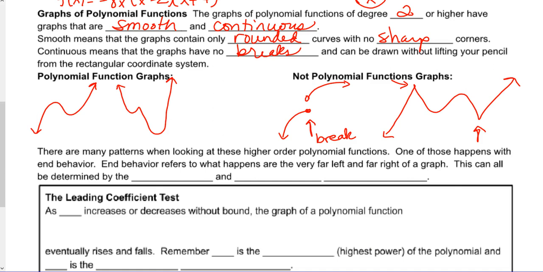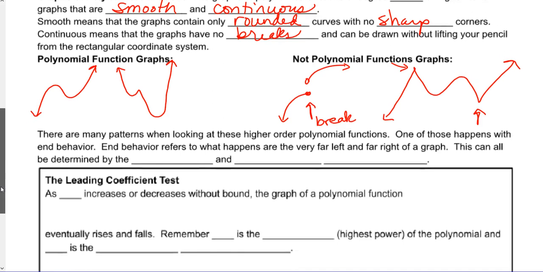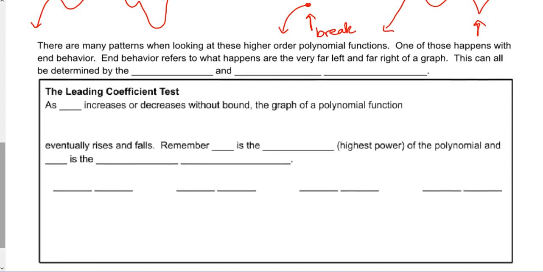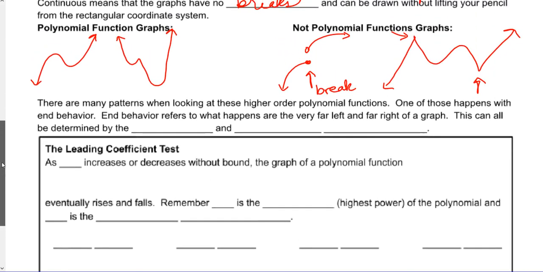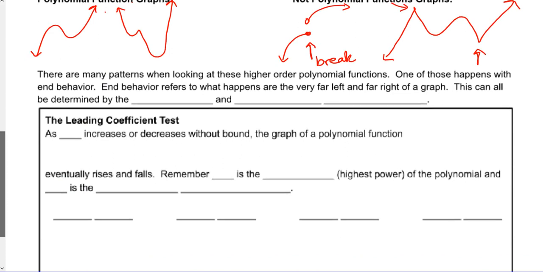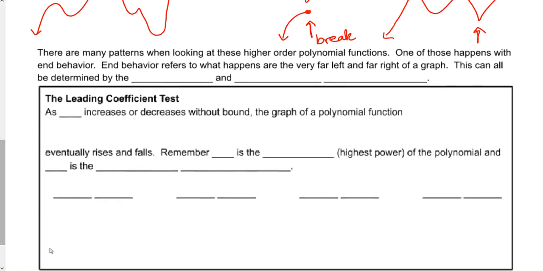Okay? So in this section, we're actually going to graph some of these, but there's all kinds of characteristics that we have to have in order to do that. Okay? There are many patterns that come along with when looking at these higher order polynomial functions. One of those happens to be with the end behavior. Now, what do I talk about when I say the end behavior? It's this part here. What's happening at the end of that function, okay? Is it going up? Is it going down? And do I start down and go up, or do I start up and go down, and all that kind of stuff? And we can figure that out just by